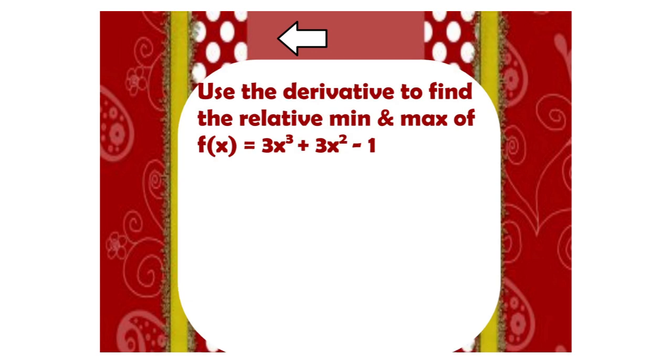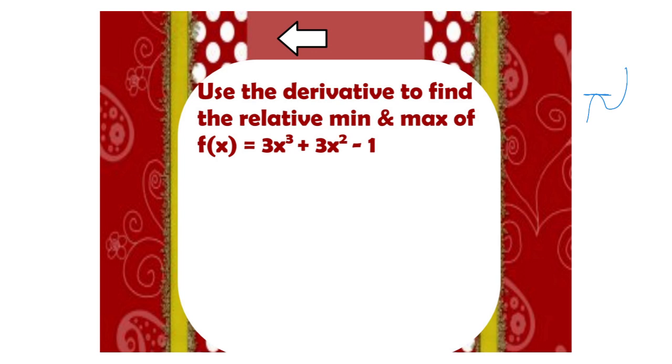Okay, this one says use the derivative to find the relative min and max of this function. So this is a cubic. If you'll recall, the derivative is the slope of your tangent, and when you're at a min or a max, I'll just throw a little sketch out here to the side. When you're at the min or the max, the tangent line is horizontal, so its slope is 0. So if I can find the slope of the tangent line, which means finding the derivative,